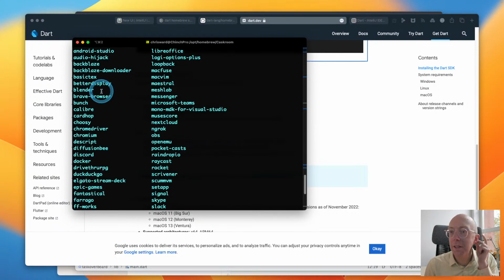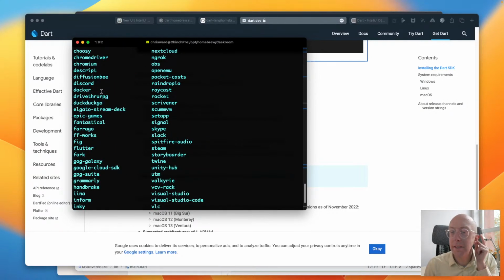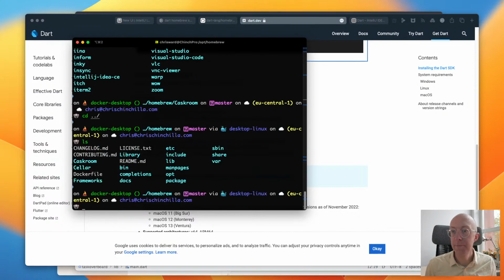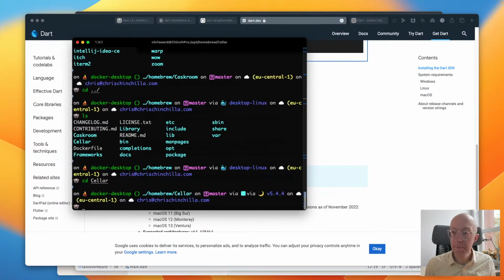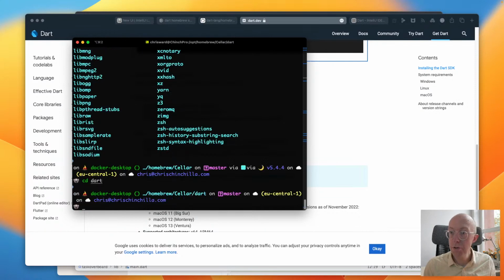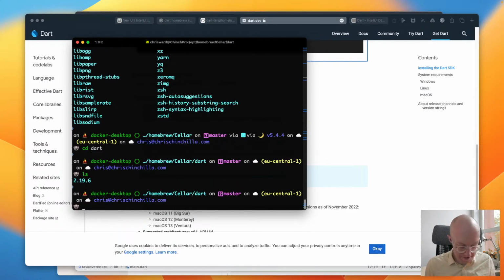That's interesting. Flutter is a cask. Dart isn't. I know that. Good. All right.